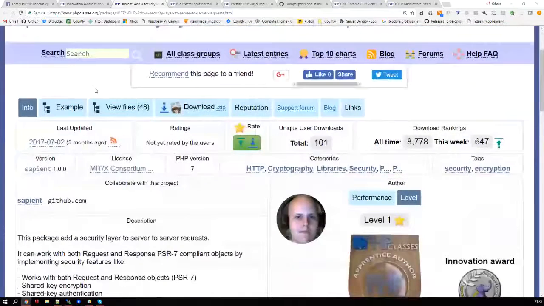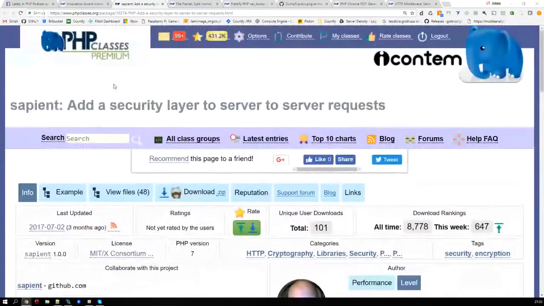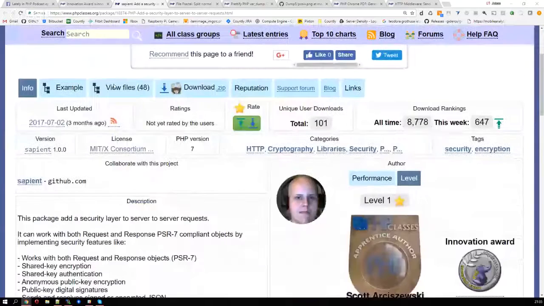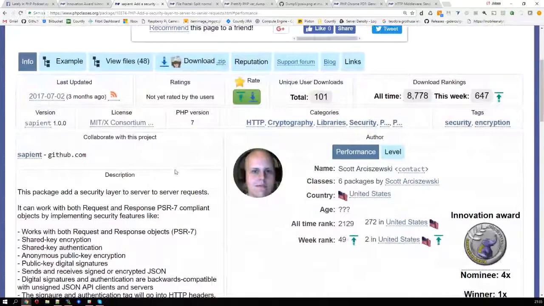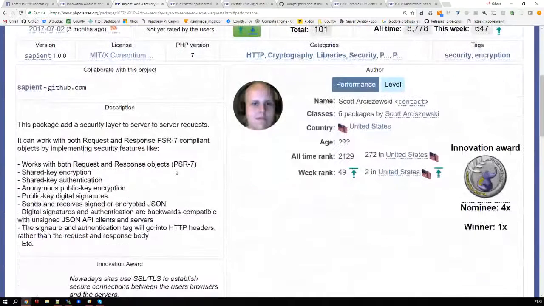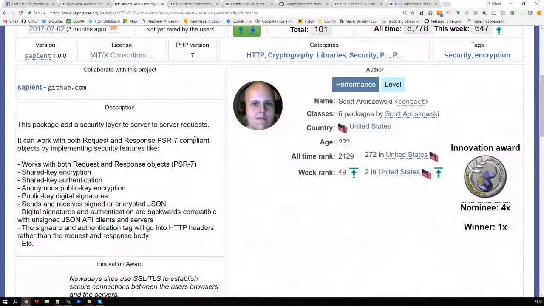Okay, and so the first package I would want to comment on is Sapient, developed by Scott Archijewski from United States. So this package can add an additional security layer to your requests. It works with PSR-7 compliant objects and can implement shared key encryption or authentication, or public key encryption, digital signatures with your requests, thus adding this additional layer